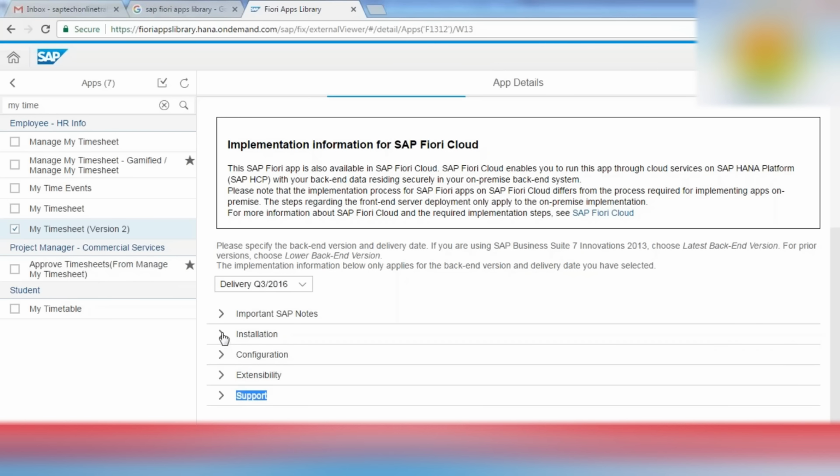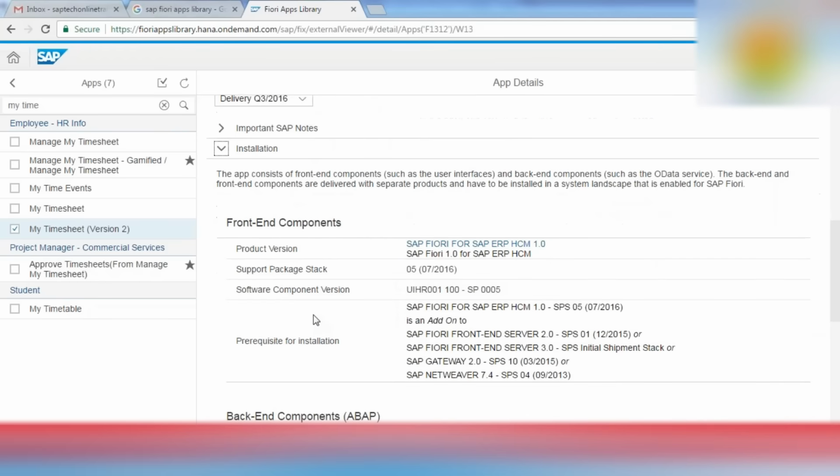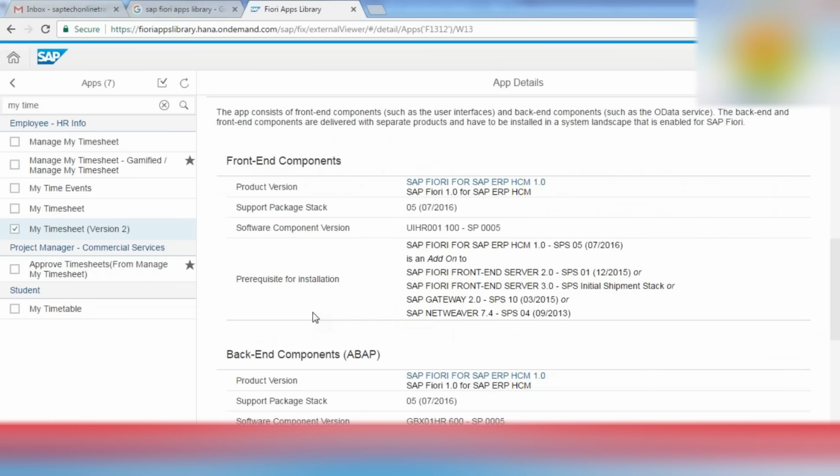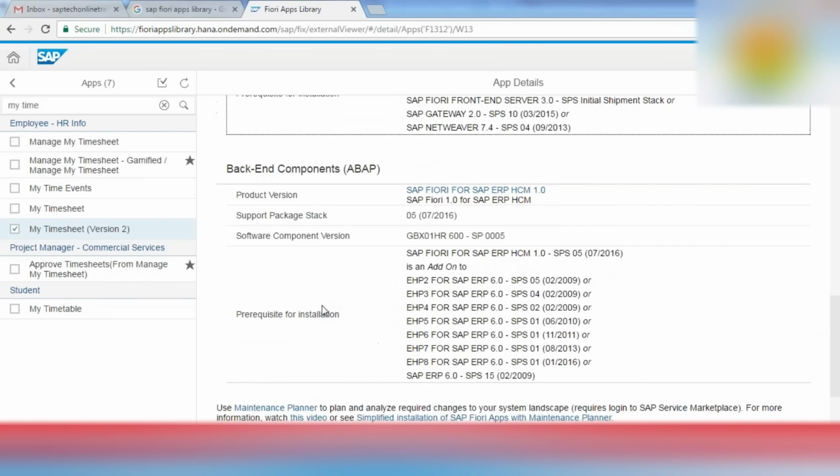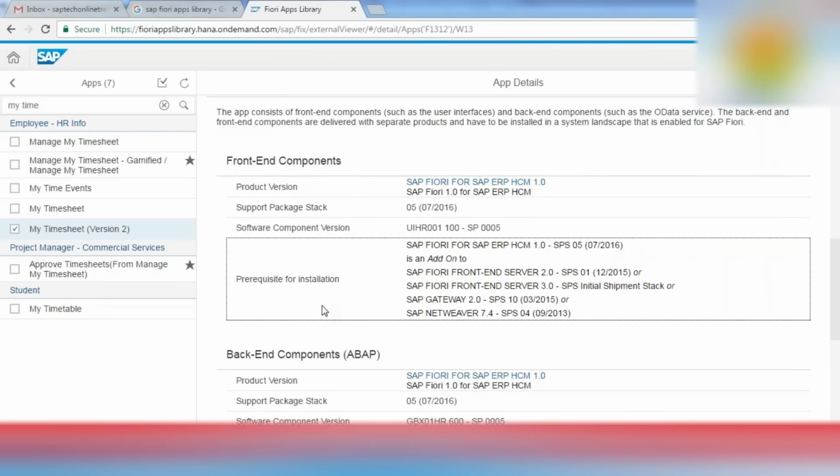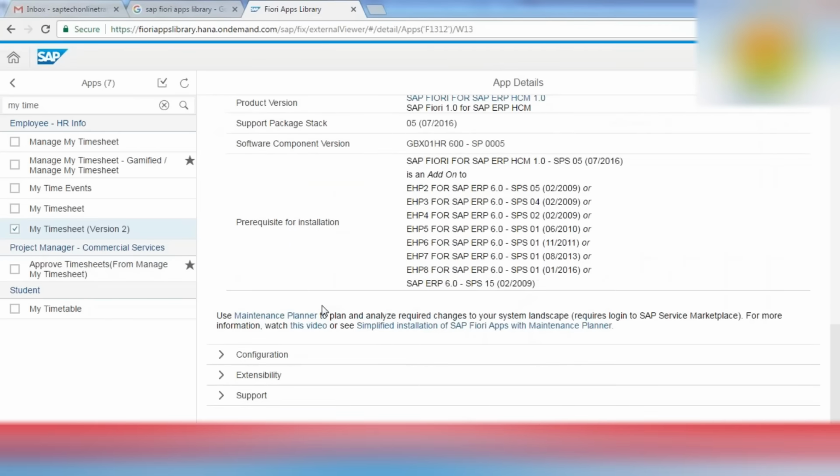Installation is the part where you will find the basic system requirements, for your front end component or for your back end component. I will teach you how we can find that in our system.